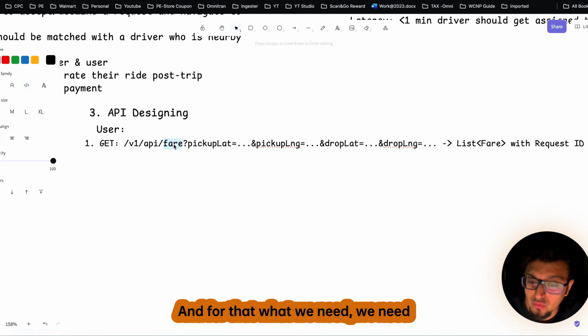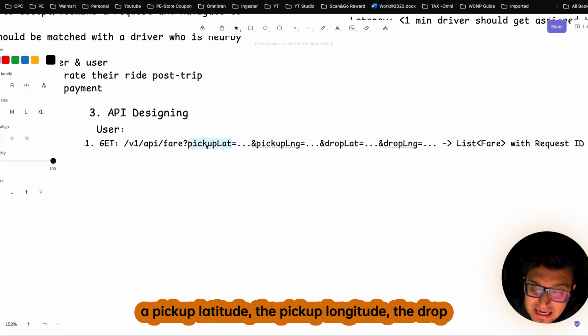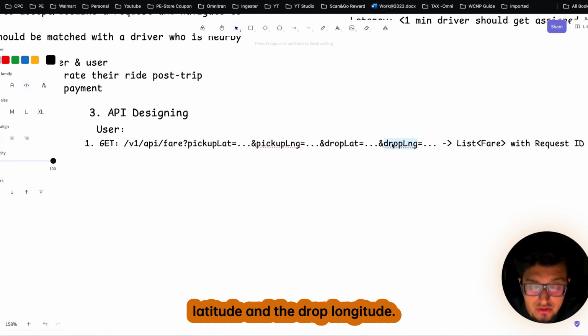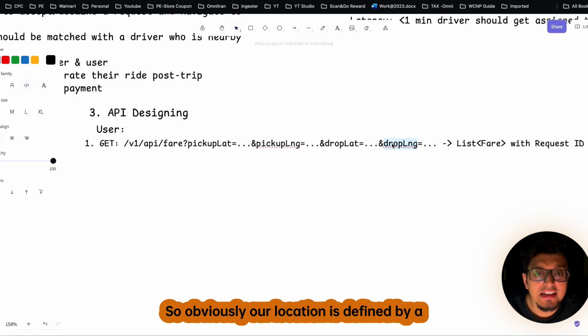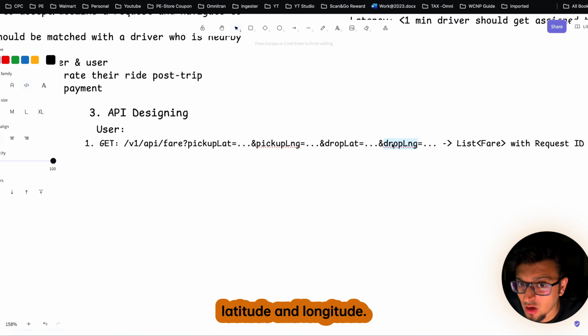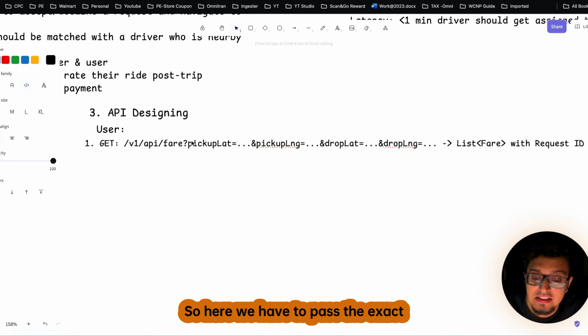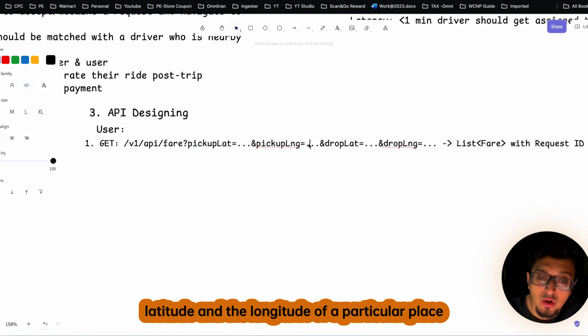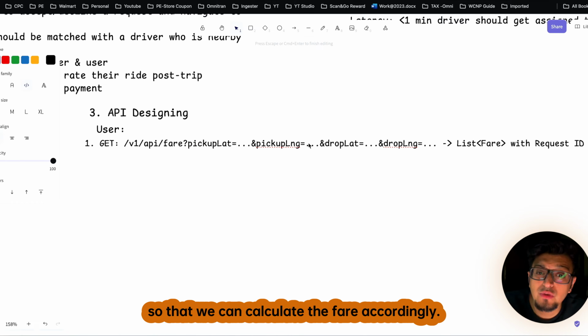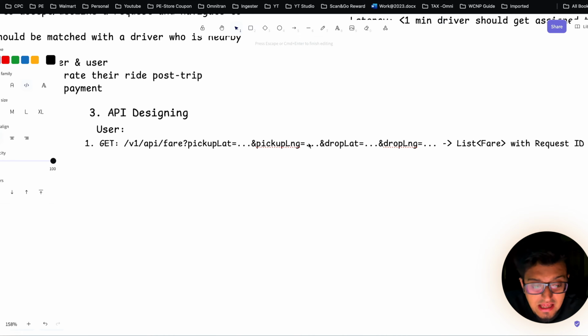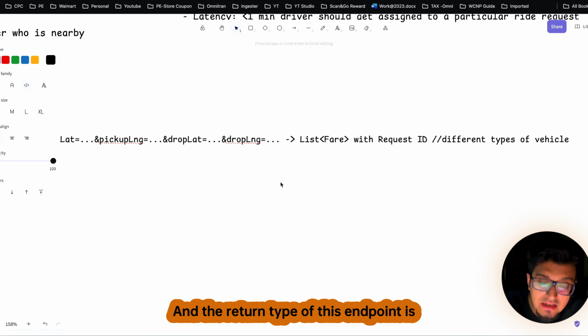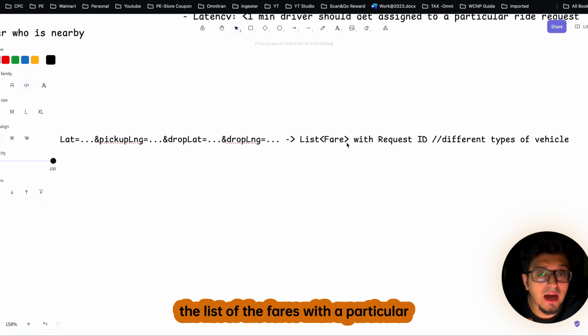And for that, we need a pickup latitude, the pickup longitude, the drop latitude and the drop longitude. Obviously a location is defined by a latitude and longitude. So here we have to pass the exact latitude and the longitude of a particular place so that we can calculate the fare accordingly. And the return type of this endpoint is the list of the fare with a particular